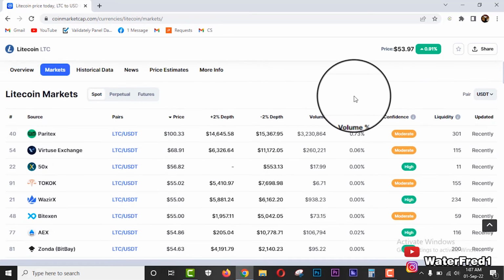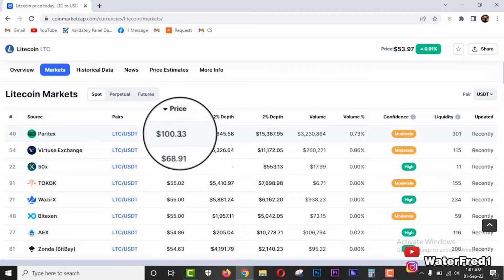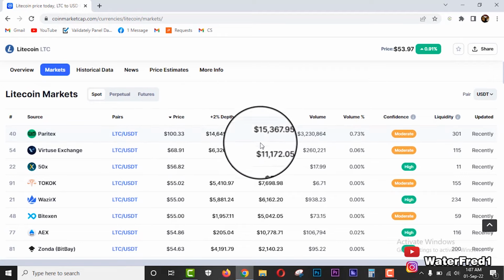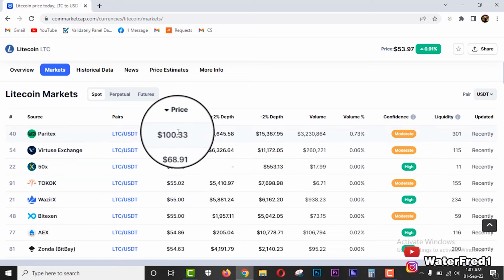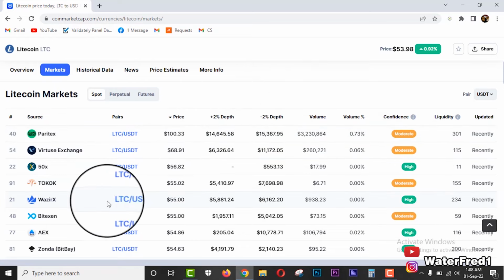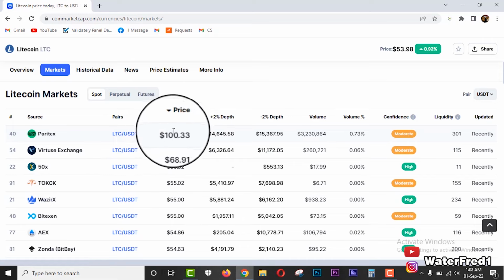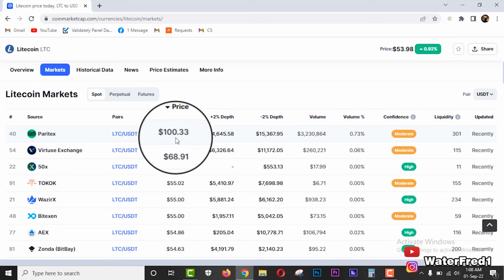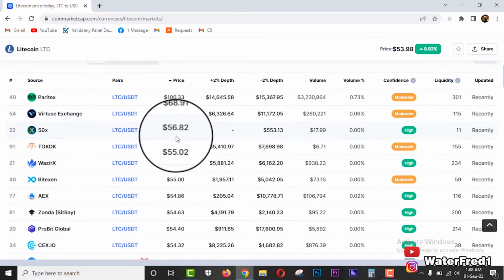I like going for the ones that have slight price differences. I will not like to go for this one that has 100.33 dollars for the price when the rest are selling for 55.68, because it takes just a couple of hours and then the prices on several exchanges are going to catch up with themselves. This one may not have been updated with the current price, so if they drop it down, it may go even lower, but these ones that are quite closer to themselves, look at this